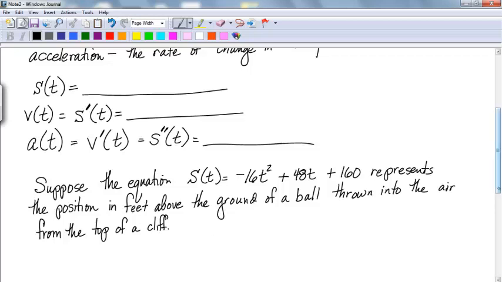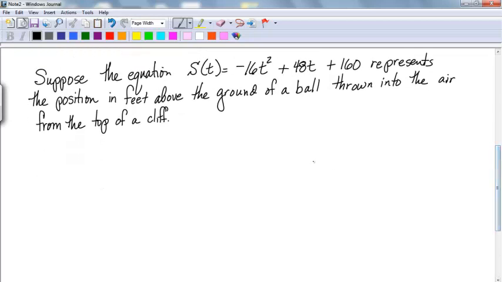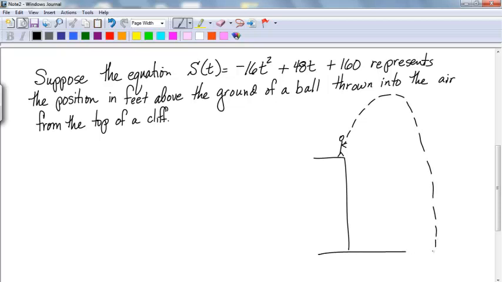Okay, so picture-wise, here's our cliff. Here we are, standing up here on top of the cliff. We throw the ball up into the air, and then it comes back down. Something like that. Now they're going to ask more than one question on this same problem. First question, what is the initial